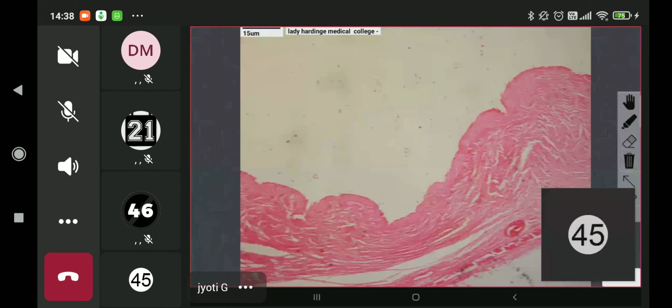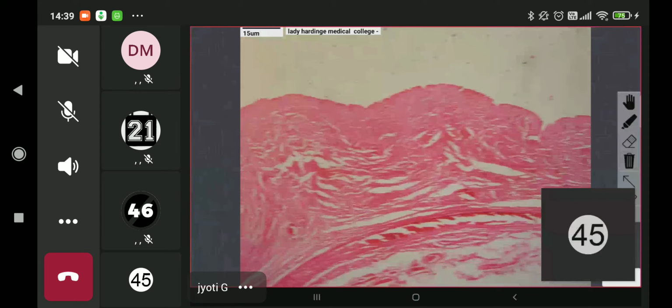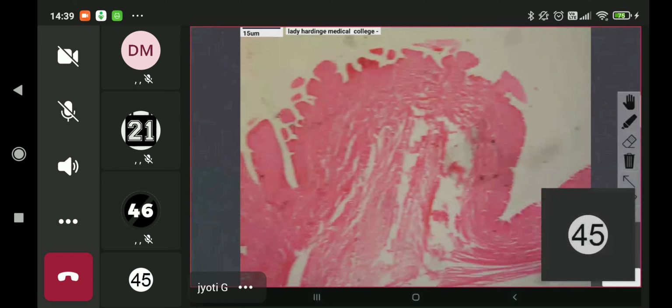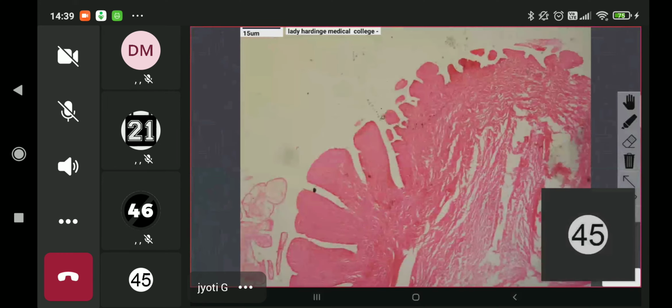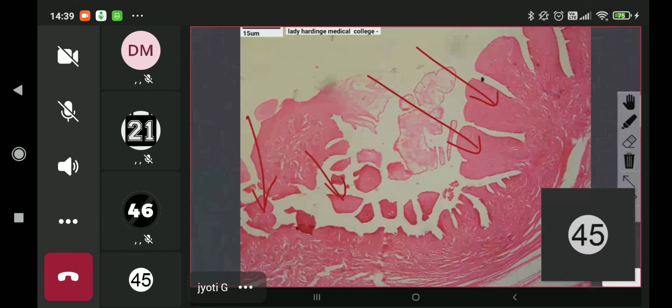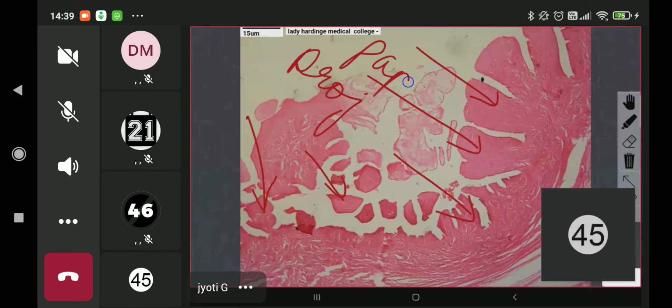So you can see I'm moving the slide around and you can see it is a strip-like tissue, right? Because it is the cyst wall. Usually the cyst wall is quite thin. Now what is very characteristic about this particular cyst wall is that this cyst wall lining is showing you these papillary folds. Right? Can you see these projections or papillae?